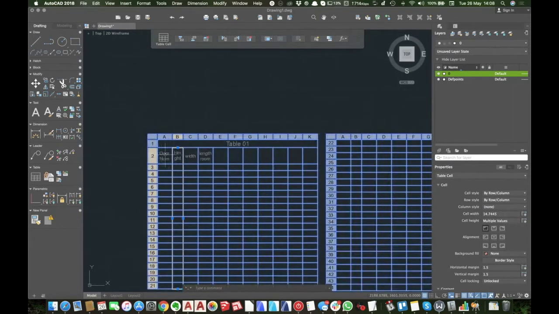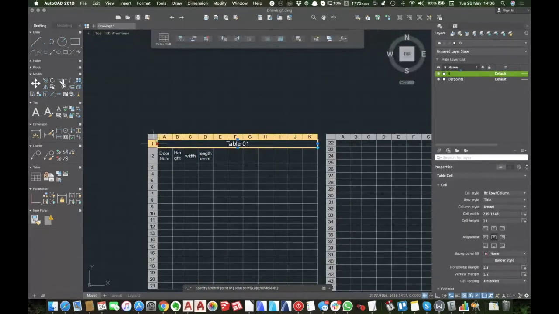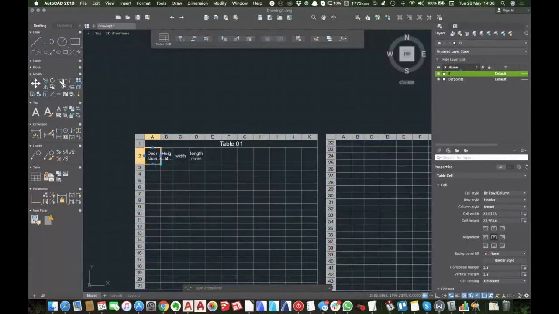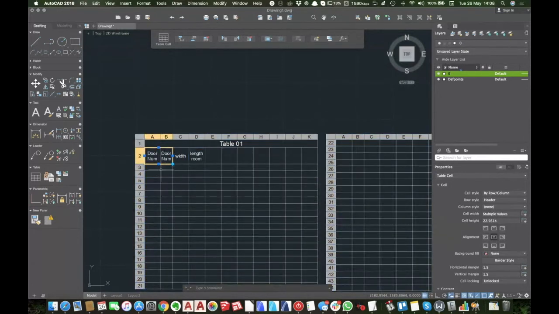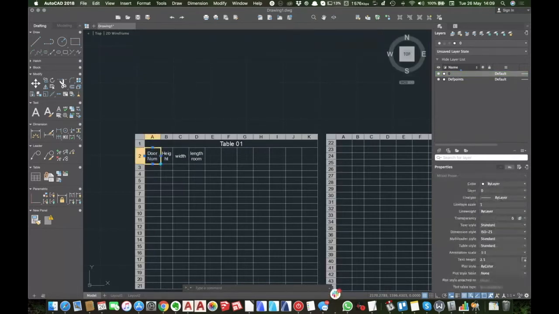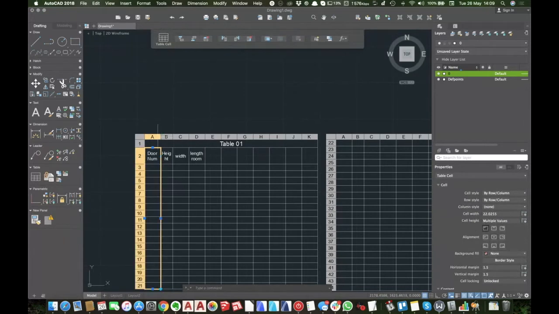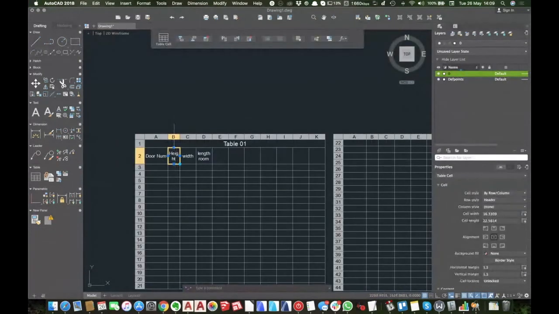This is why I don't like using tables and that, because your control of the item kind of works like a spreadsheet, but it doesn't work like a spreadsheet. I don't know how to get it to expand my column. There we go. Door height, select the column, expand the column,